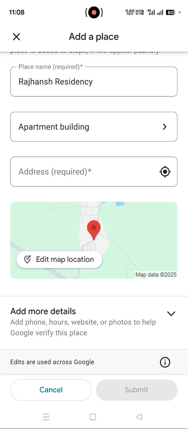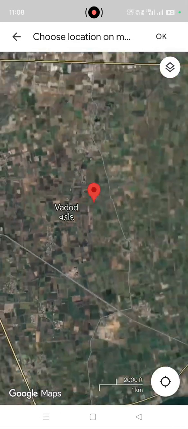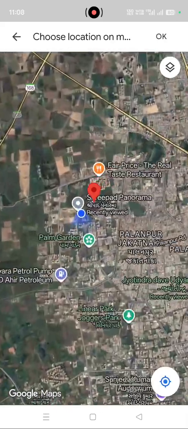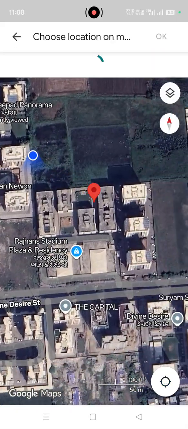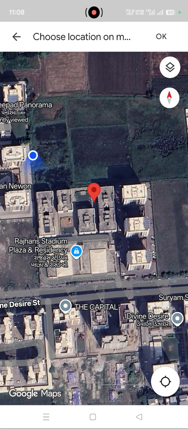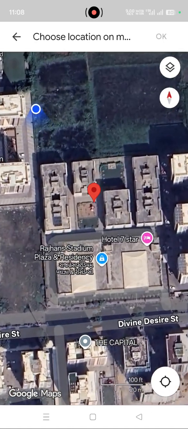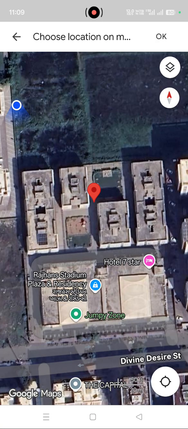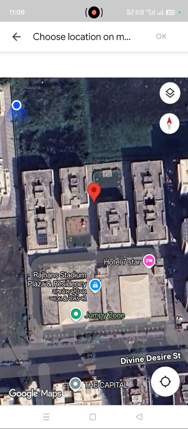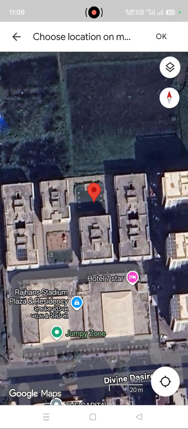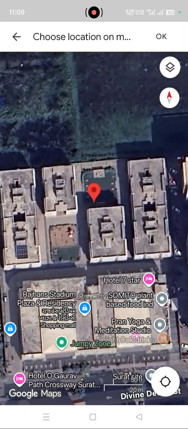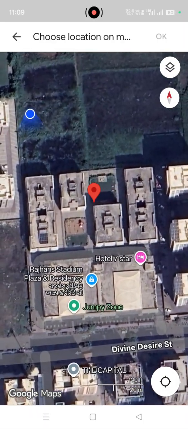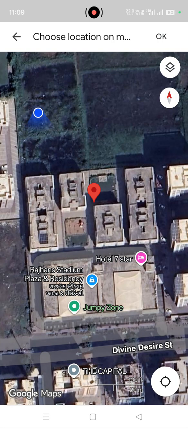And I'm going to take the address from my current location. It shows that it is Rajhans Stadium Plaza in Rajhans Residency. So I am going to add a separate pin for Rajhans Stadium Residency. You simply zoom in, zoom out your map and pin that point. So Rajhans Stadium Residency. Okay,